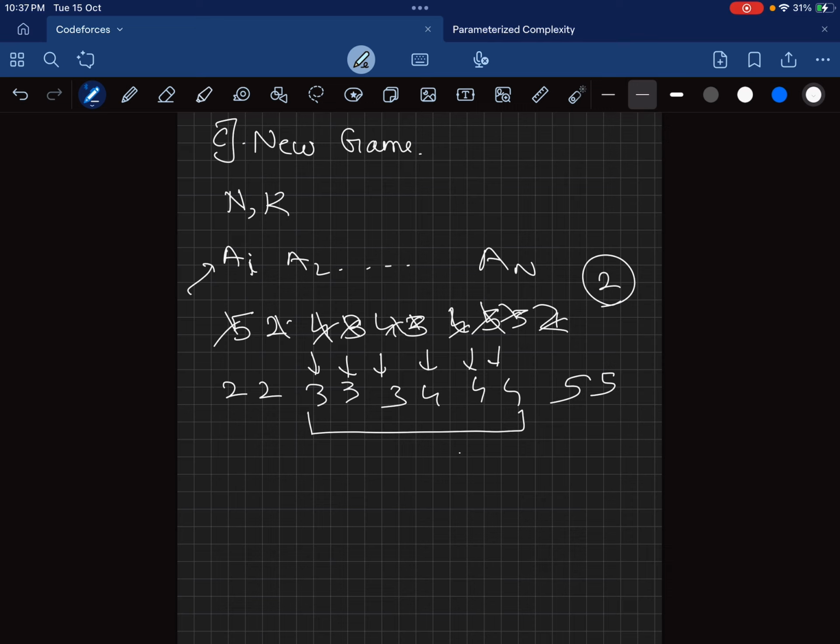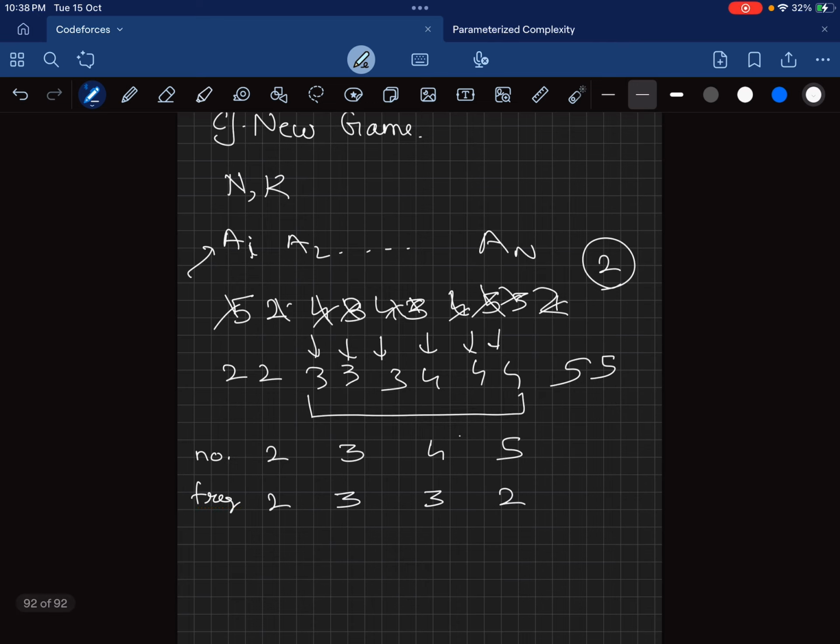so how to solve this question? This is very simple. First we'll sort the array, and then we'll make 2 different arrays: numbers and the frequency of each number. The numbers that are available to us are 2, 3, 4 and 5, and their frequencies are 2, 3, 3 and 2 respectively. And now we'll use the two pointer method to solve this question. So we'll initialize the pointers both at the initial number,